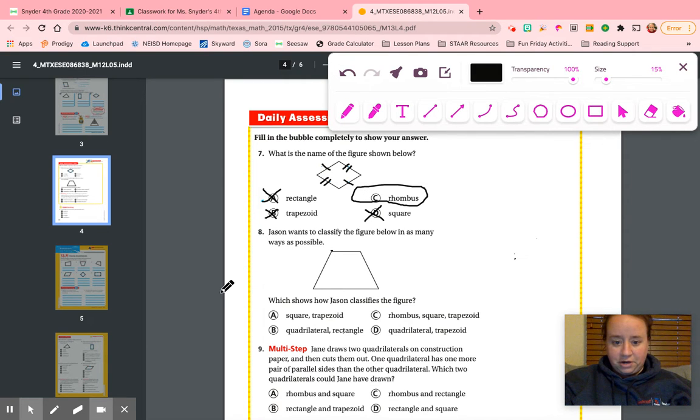Number 8 says Jason wants to classify the figure below in as many ways as possible. You're going to have some questions like this for your independent work, so what I suggest is just using checks and X's. For example, we talked about how a square and a rectangle have 4 right angles, so when you look at the angles,